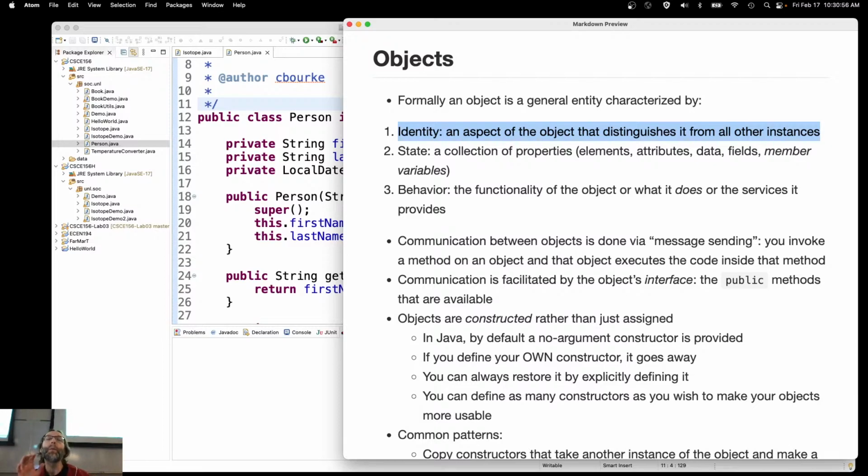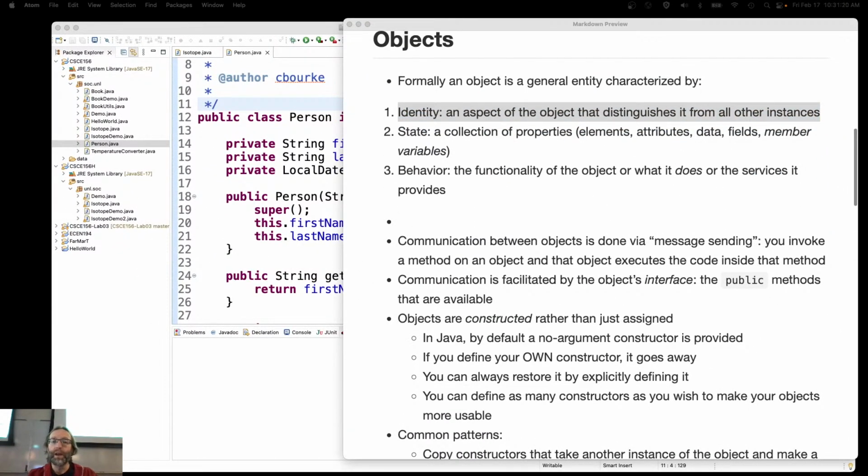For example, if you remember back to the book class, we were trying to find all the books by Frank Herbert. But initially, in our first design, we also got his son's book, Brian Herbert's book. How did we distinguish between those two authors? We went up to Eclipse and we had it generate the equals and hashCode methods. So in Java, let me go ahead and add this at the front. In Java, identity